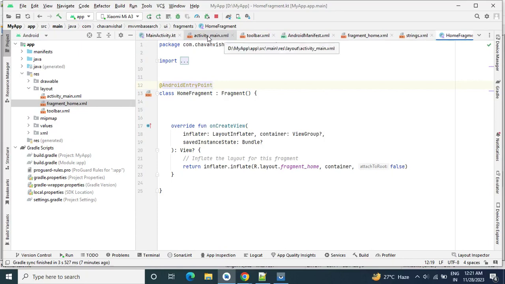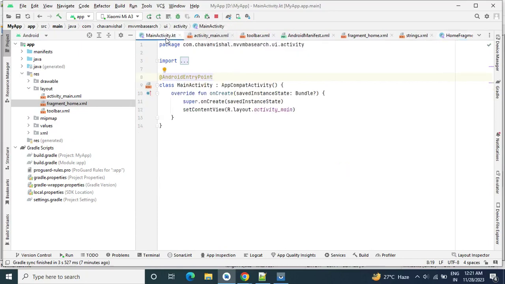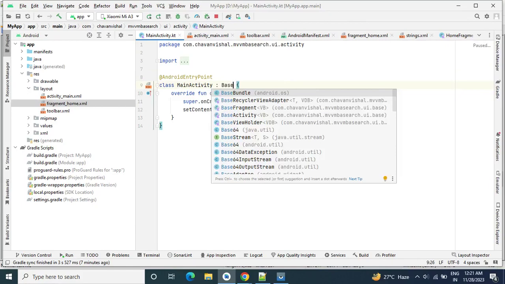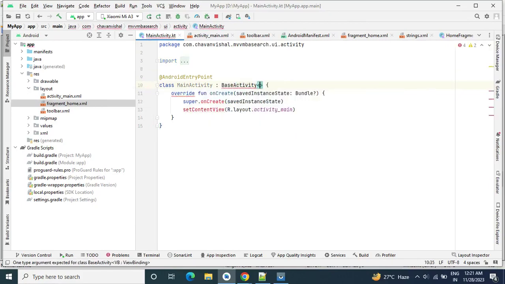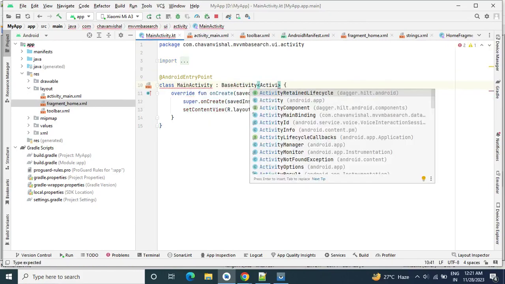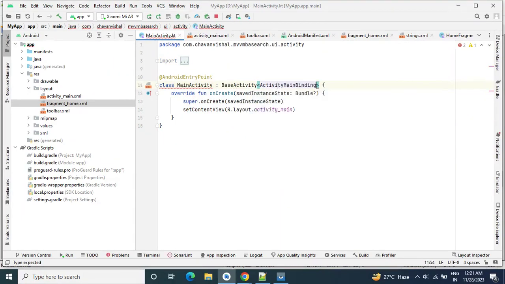Okay, now again let's go to our main activity file. Here we will extend this activity with our base activity, and we will pass here ActivityMainBinding.